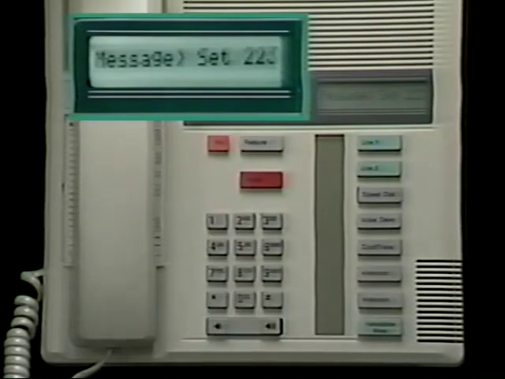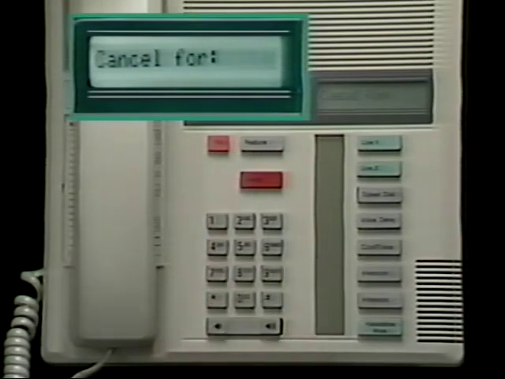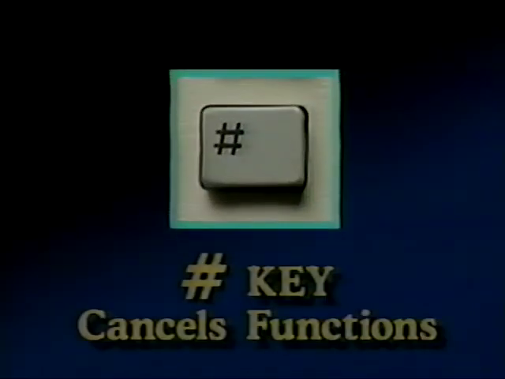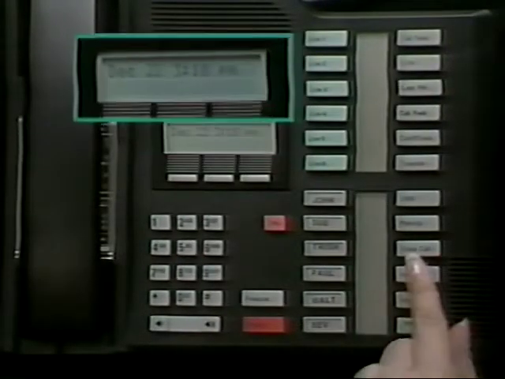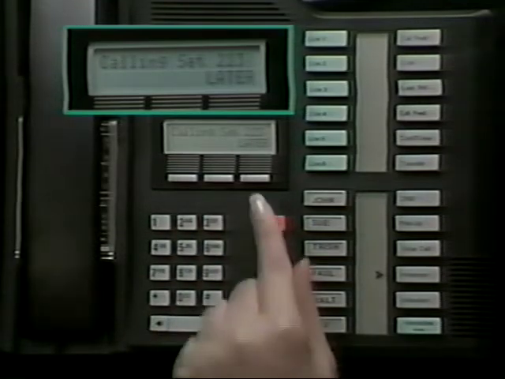Then to cancel, you press Feature #1. Remember, the pound key is the key that cancels functions. You can cancel most codes by adding a pound in between feature and the number you use to access that function. Using either the M7310 or the M7324, your display will prompt you, and if you make an intercom call